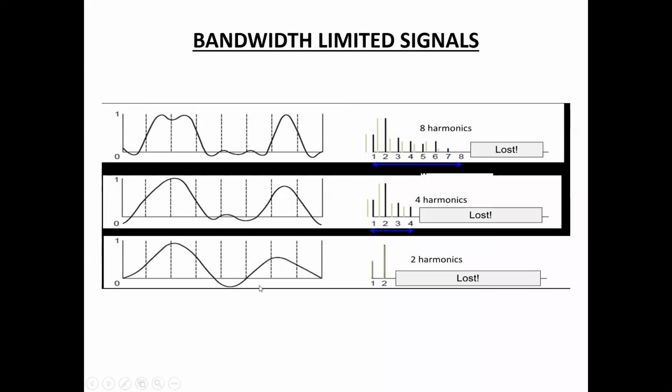See here, one harmonic, two harmonics. So this diagram, two harmonics. So 1, 2, 3, 4 harmonics. Similarly 1, 2, 3, 4, 5, 6, 7, 8 harmonics. So limited bandwidth means limited data rate. These harmonics are used to describe the distortion of a waveform. Distortion means the original shape of a waveform is changed.